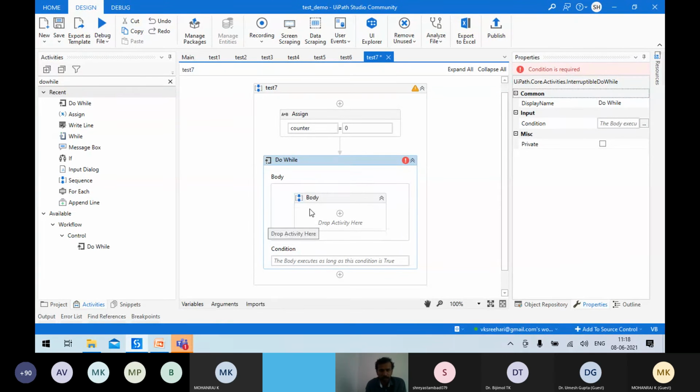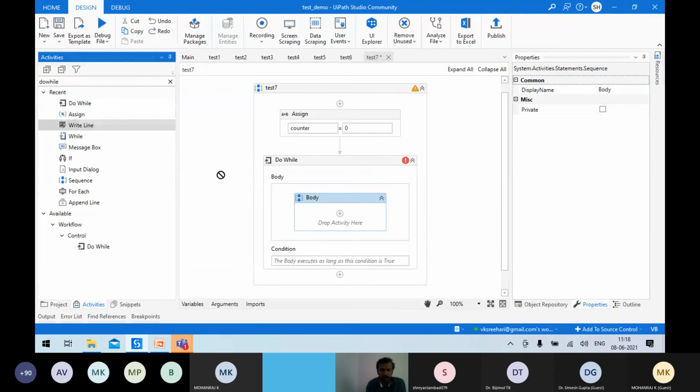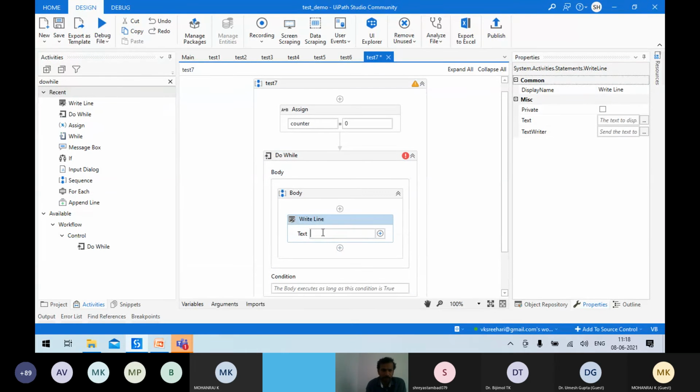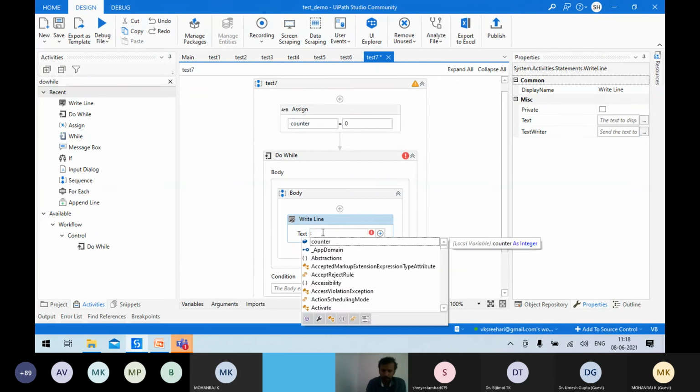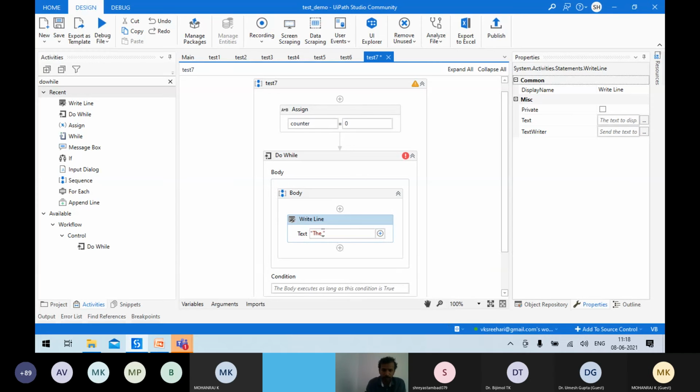Okay, so whatever we have done there, the same expressions you have to put here. Write line, we'll put it as value is.